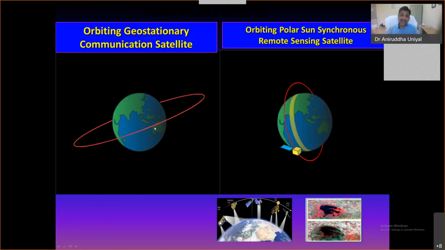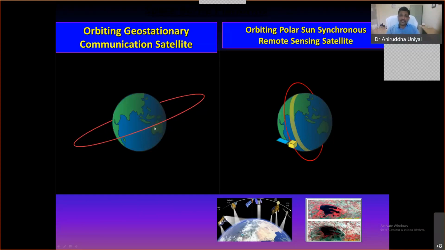But this satellite has wide applications. If we are watching a One Day International match from Dubai, then its transponders are being used. So it is used for telecommunication. If we are ringing up someone there in USA or in Japan, then its transponders are used. So this is again used for telecommunication. And when we see the images on Doordarshan in the evening, that thunderstorms are likely to occur in this part of India, all those coarse images are taken from its sensors. So INSAT satellites are used for TV transmission, telecommunication, and weather forecasting.